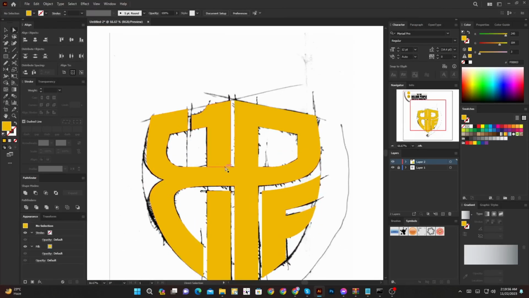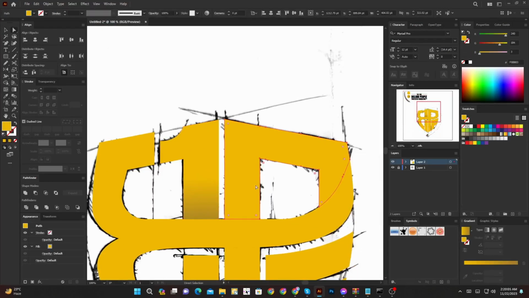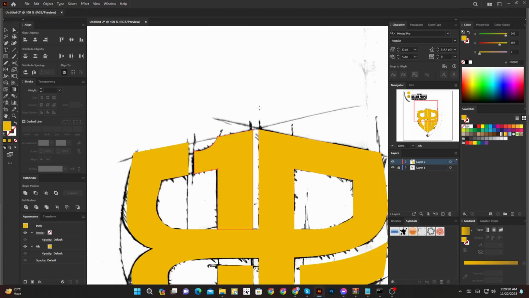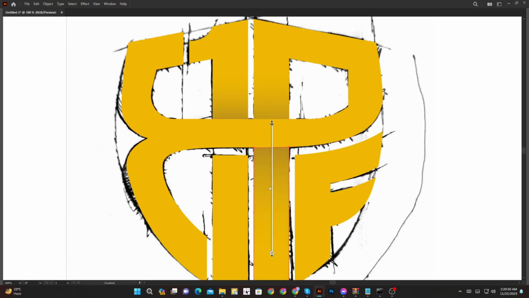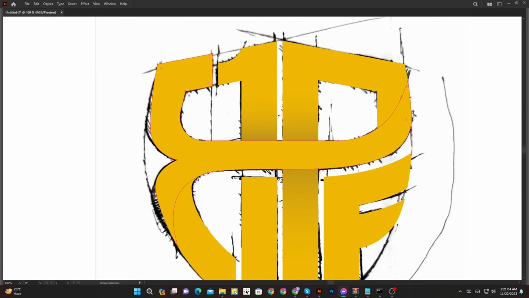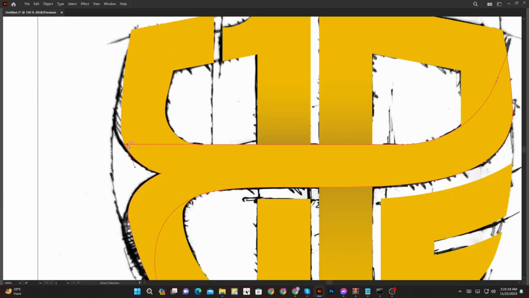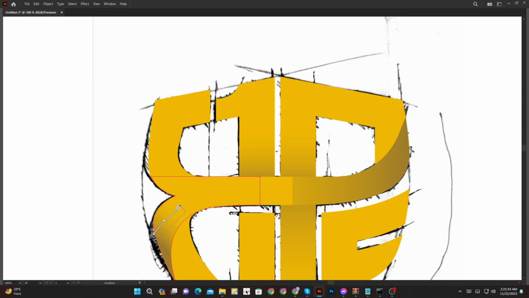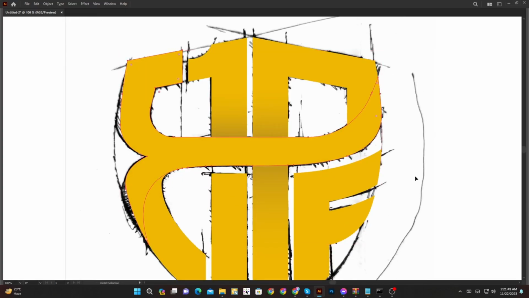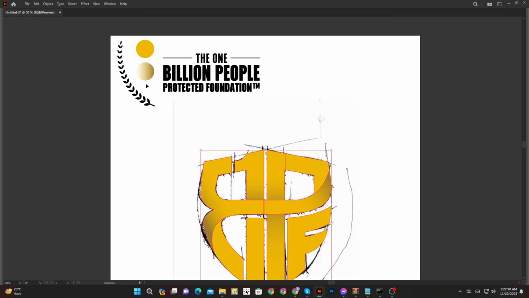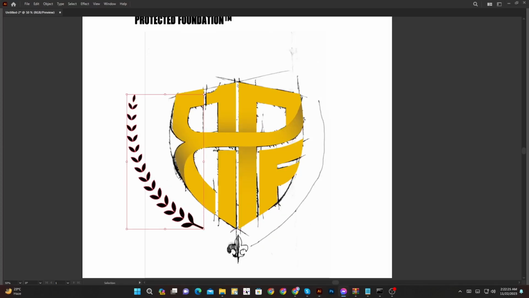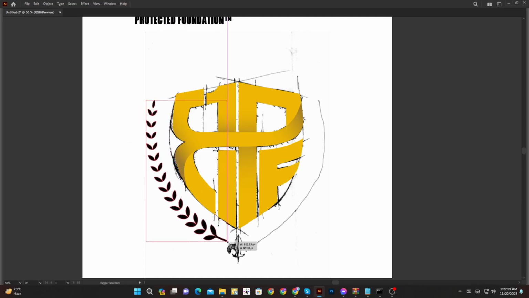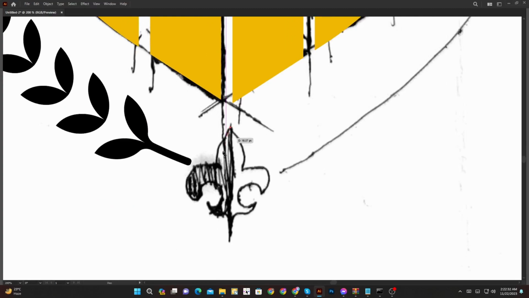Now, color select. Then I use a pen tool.